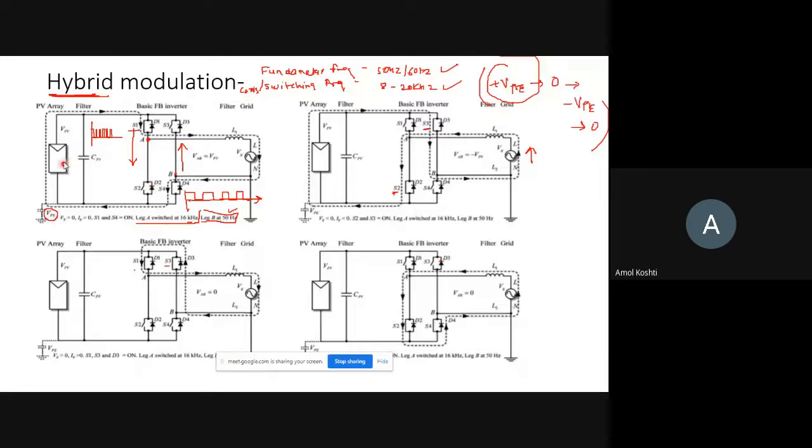And then positive half is also produced, and again negative half is also produced, and zero level is also produced. So if you observe three of these techniques, in bipolar only two level output is produced, and in unipolar and in hybrid modulation the three levels of output is produced here. So these are the three different ways.